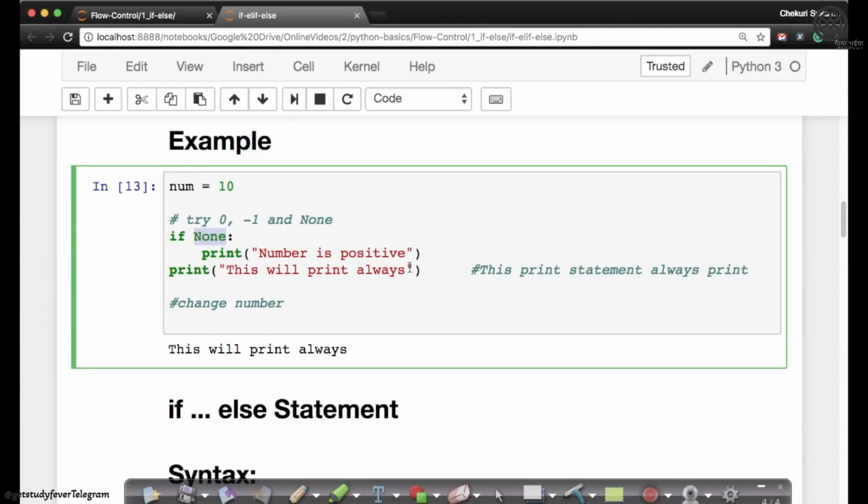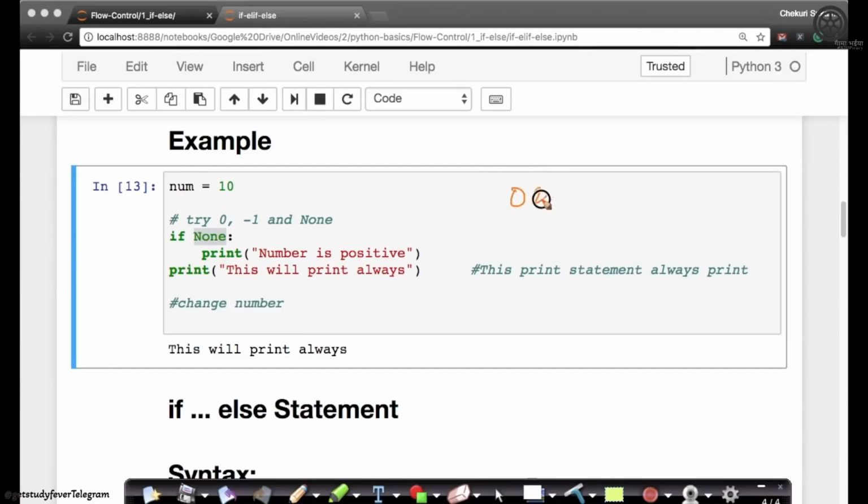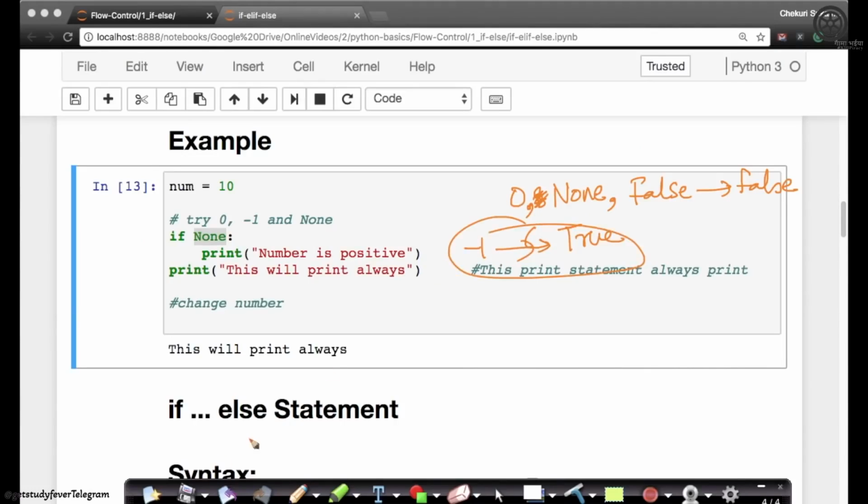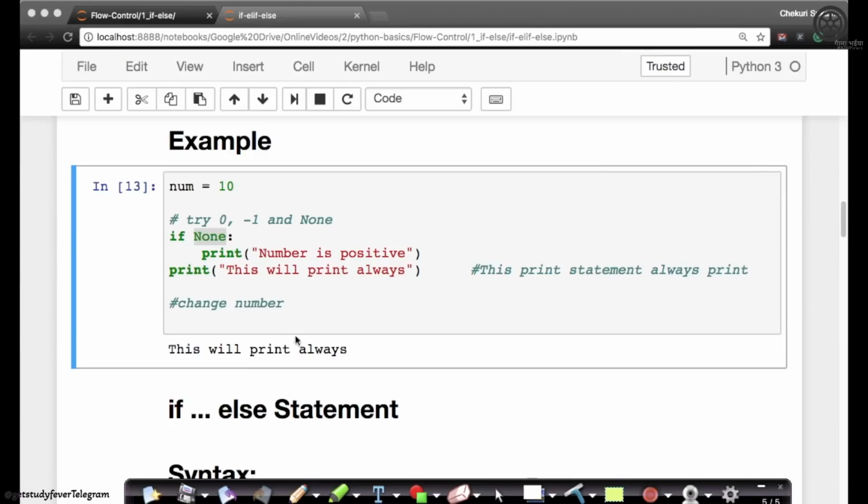So 0, None, and False are considered false. Everything else is considered true when you're evaluating statements, in Python at least. So your minus 1 will become true. This might be slightly different from other programming languages, so this is something to note.